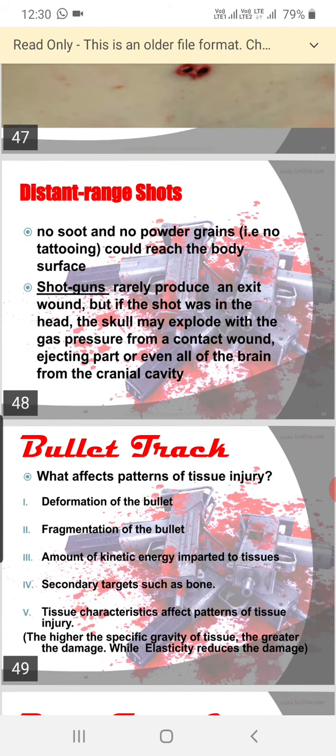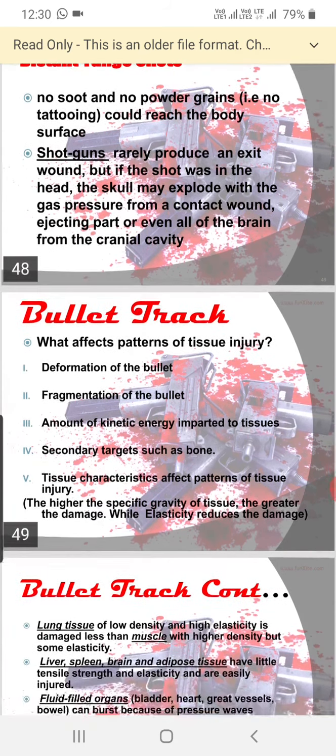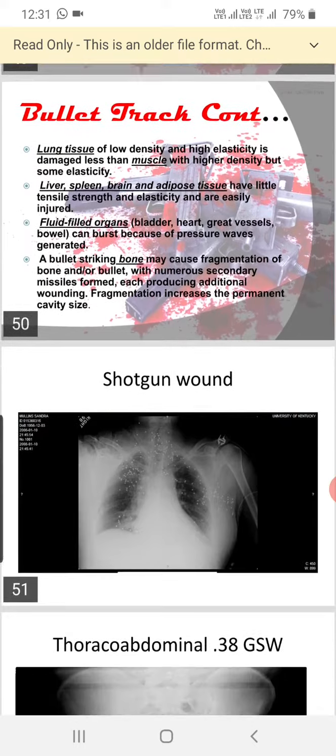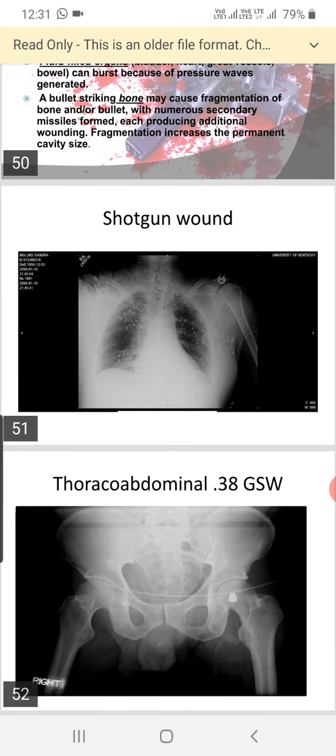Shotgun rarely produces an exit wound, but if the shot was in the head, the skull may explode with the gas pressure from a contact wound, ejecting part of or even all of the brain from the cranial cavity. Okay, so you can see in the X-ray, this is the shotgun wound showing the multiple pellets. Fine. So after this lecture, you are supposed to know how to differentiate between the entrance and the exit wound